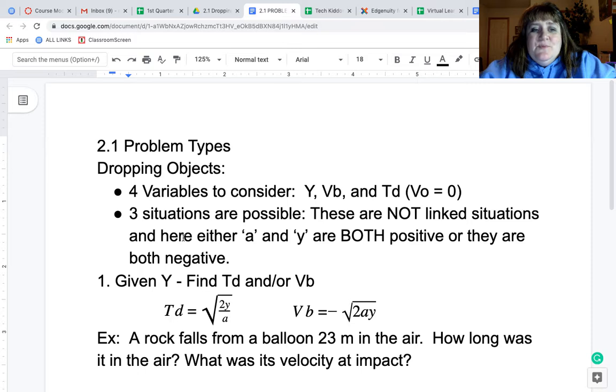Also, in these problems, a and y are either both positive, playing pretend, or they're both negative, but for dropping objects, you can just let everything be positive and it'll all work out the same, okay? So, number 1, given